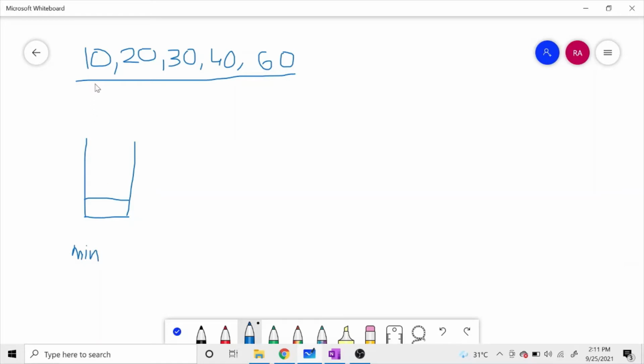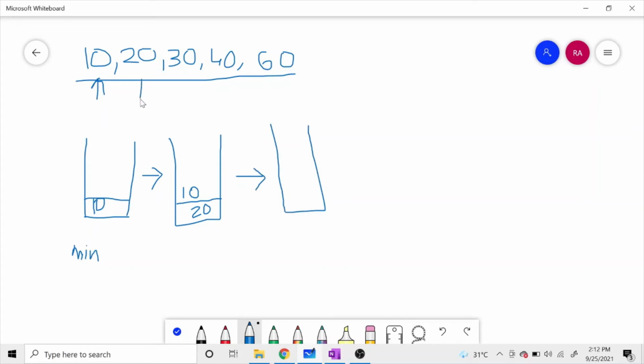So let's take the elements one by one. First of all, we have taken 10, so let's enter 10 over here. For every position we have to check that the size of the heap should not exceed k, that is 3. Here the size is less than 3, so we will move ahead, and the next element will be 20. Since this is a min heap, the heapify procedure will happen and the minimum element will be at the top. So 10 will come here. Again we check if the size of the heap is less than 3. Yes, it is. So we move on to the next element, which is 30.